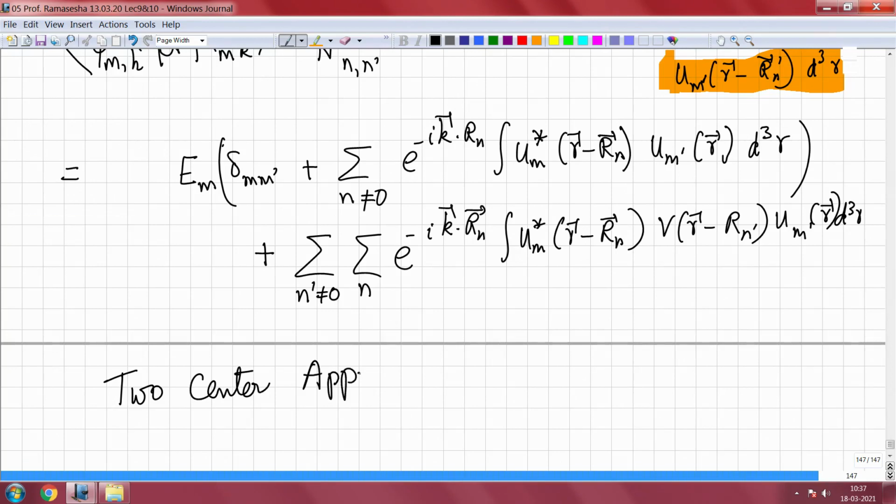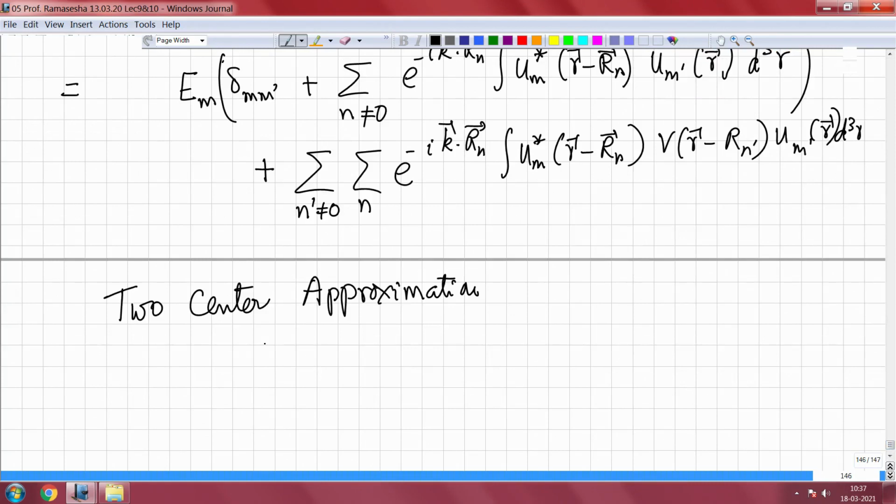So, if we do the two center approximation, then this whole thing will get simplified, and what we will have is the following. In order to define that, we will have to define certain integrals. So, let me define some integrals which are J m m prime, which is the interaction integral. Now this is at positions Rn comma Rn prime. So this actually I am still retaining the 3 center integral and all the multi-center integrals, in fact 2 and 3 center integrals both.